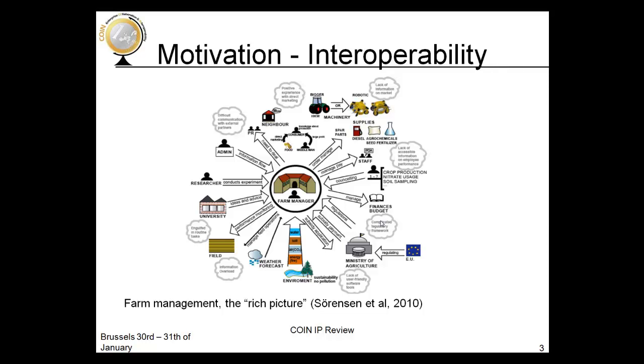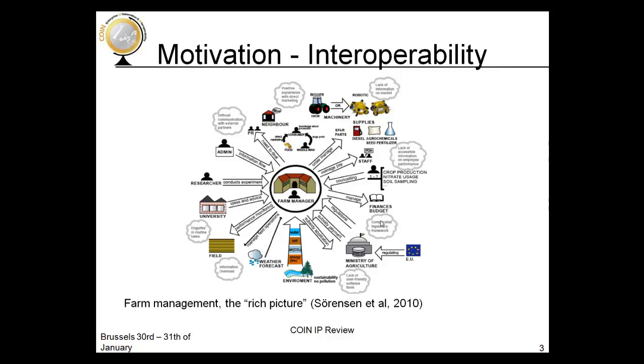You have to consider that there exist a lot of different applications which a farm has to use, and there are a lot of organizations where the farmer has to share information.